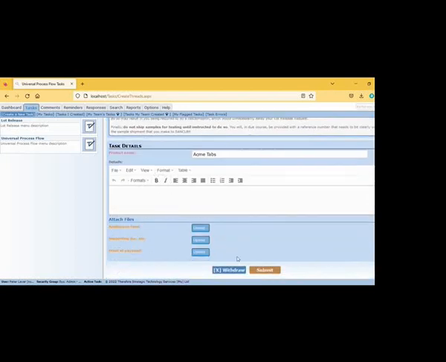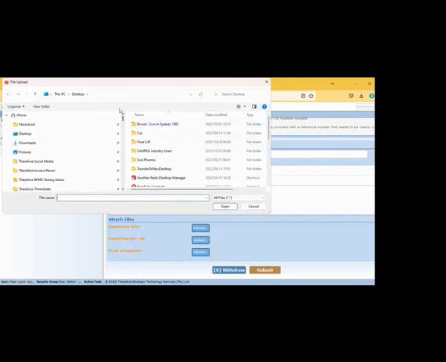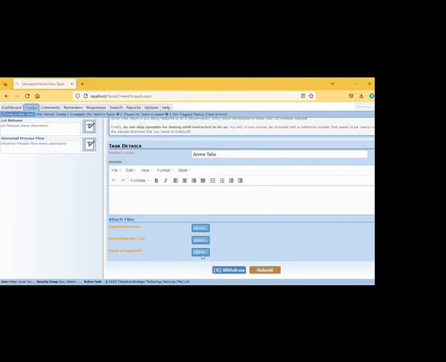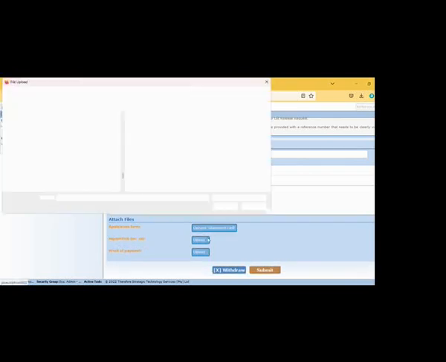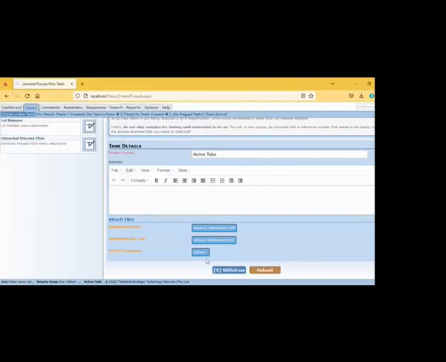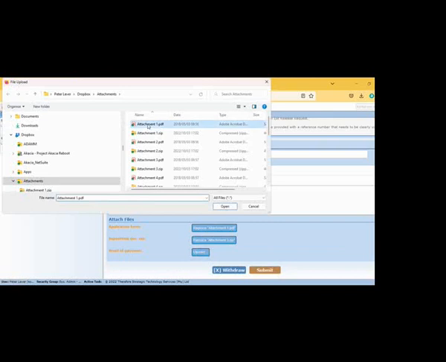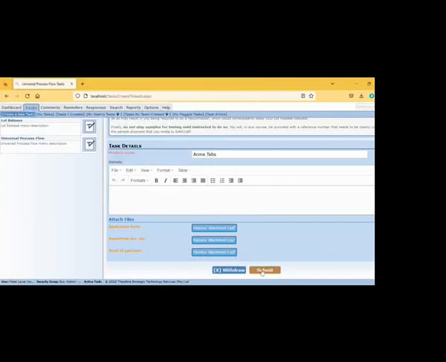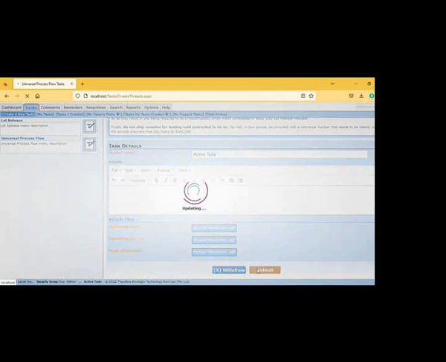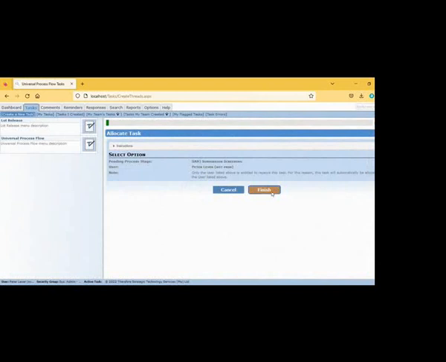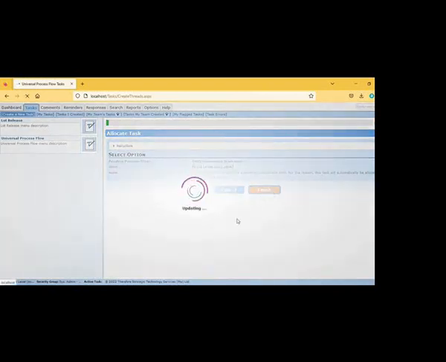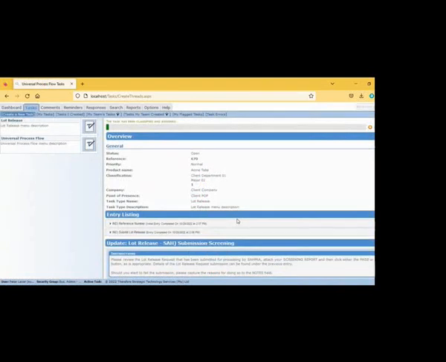The very first step, the applicant needs to attach supporting documentation, so they would attach the application form. Let's go and find my attachments. Okay, they would attach the supporting document zip. Okay, they would attach proof of payment, and they would click the submit button. They would then confirm their intentions, and now we're in the next stage of the process, which is the submission